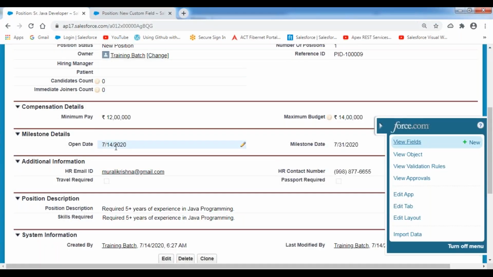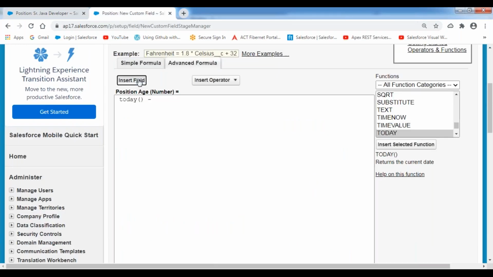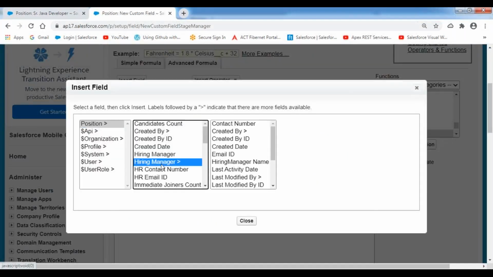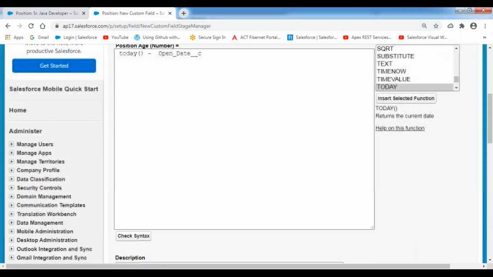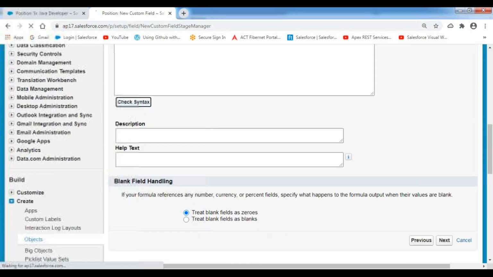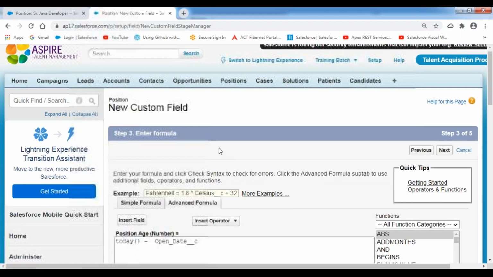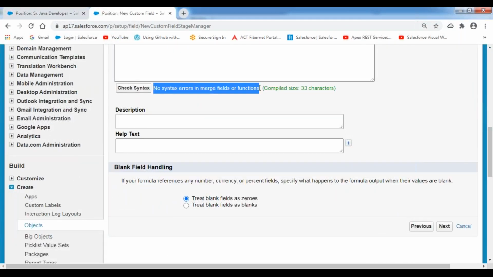The position record has been created on this date, so this is the open date. I'm deducting the open date from today's date so that we can calculate the exact value. Check the syntax. There are no syntactical mistakes inside my field.